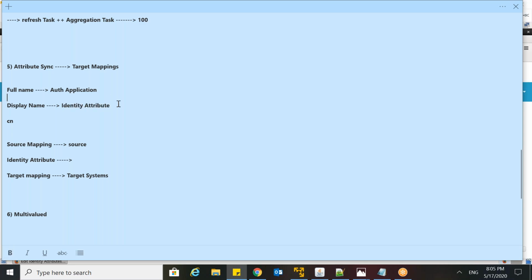So what I was doing over here, I was saying that for this identity attribute, I'm defining one source mapping, that this would be mapped from my authoritative application full name attribute. So in this case, whatever value was in the full name attribute of the authoritative application, since source mapping is defined, the same value was displayed on this display name attribute. Now let's say we have a value in this display name, and I want the name of the user